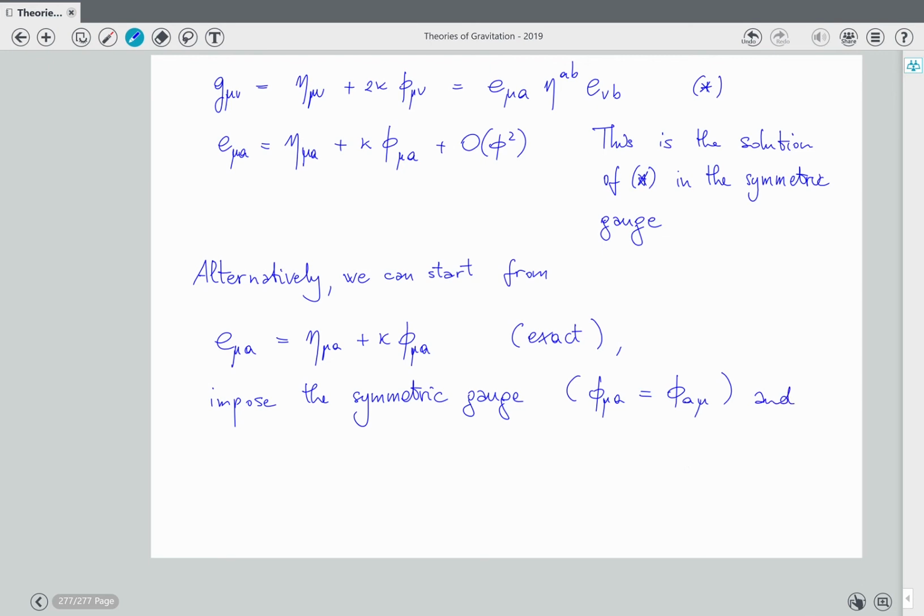It is the square of that. So the square of that will be g_mu nu equal to eta,